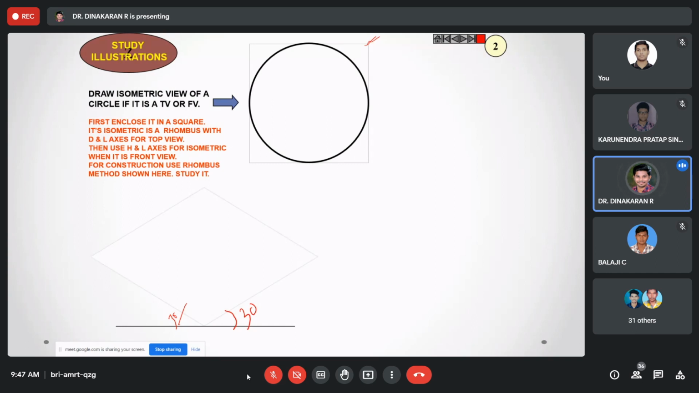And what are the dimensions of the box? It's a 50 box, 50 and 50 box. Draw 50 and 50. Okay. And after that,